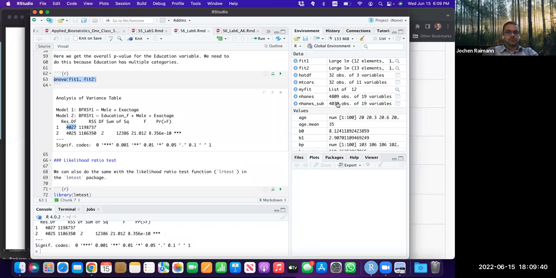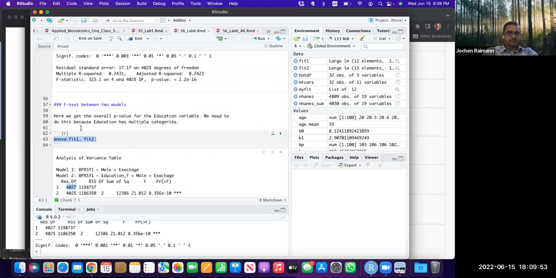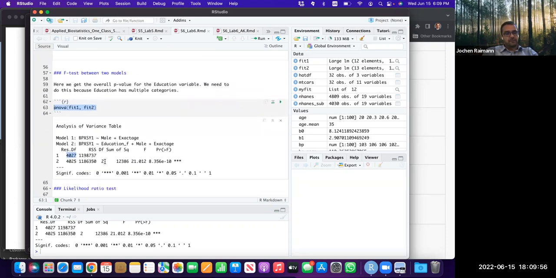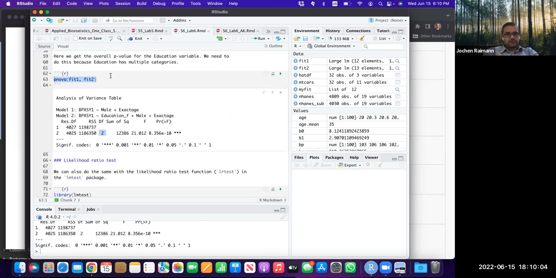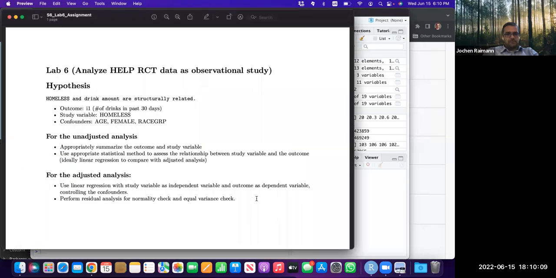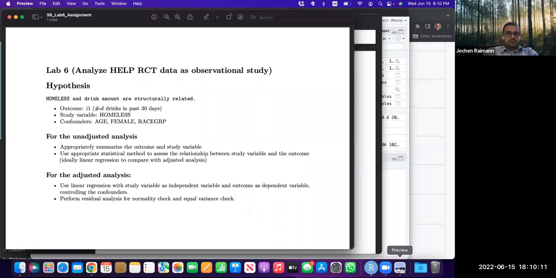You have 4,030 observations with 3 coefficients, 3 estimates, which is the intercept, age, and gender or sex, and 2 additional factors, which is the factor for high school and the factor for college. So this gets you exactly to that Anova F score. So, back to